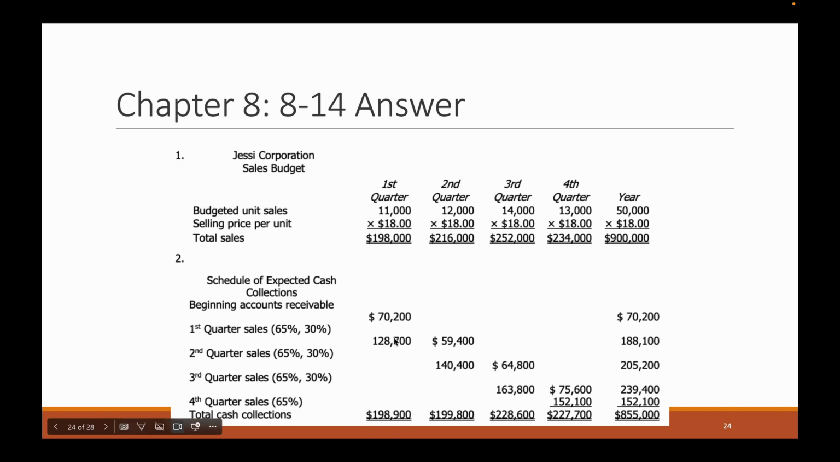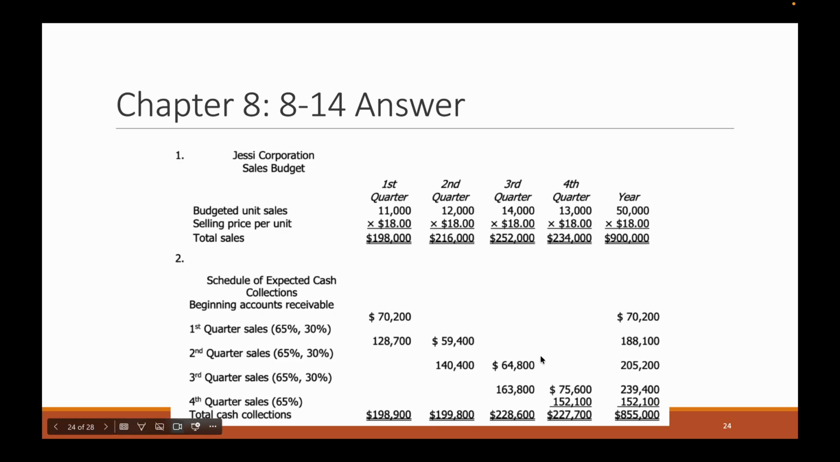198,900. Now, the remaining 30%, excluding that 5% that's uncollectible, is going to be collected in the next quarter. So 30% of 198,000 total sales is going to be collected in quarter 2, and 30% of 198,000, if you do the math, is 59,400. So that's going to be basically our beginning balance, our starting balance for this quarter. And then we're going to collect 65% of second quarter's total sales, and that's 140,400, bringing our total for the second quarter